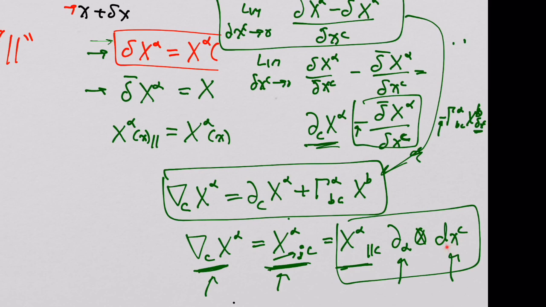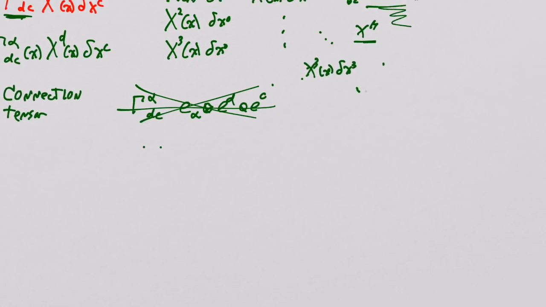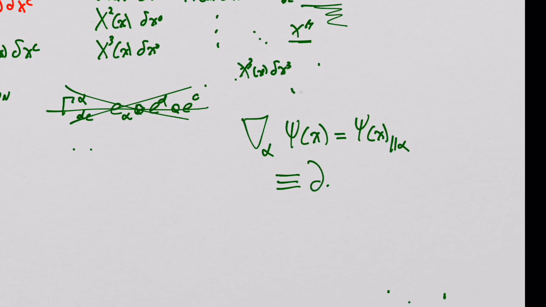That's perfectly fine. And the coordinate basis, this is what they are. And then the last thing we need to know before moving on to a different derivation of this is that for a scalar field, for a regular field, say psi on spacetime, which is a real valued field on spacetime, the covariant derivative of that thing, which could also be written as psi of x alpha like that,